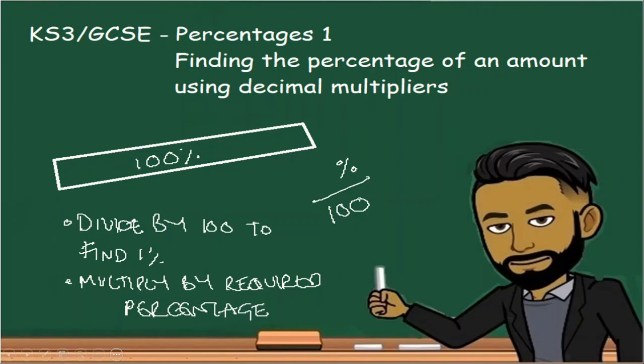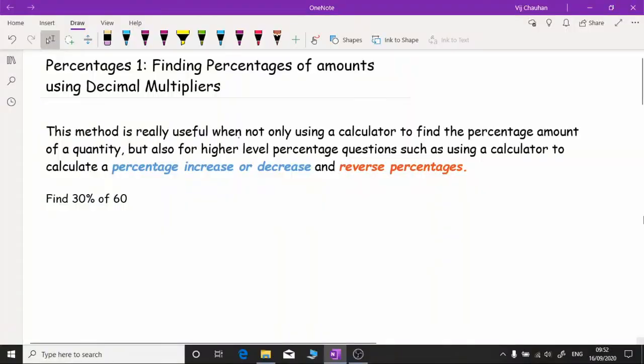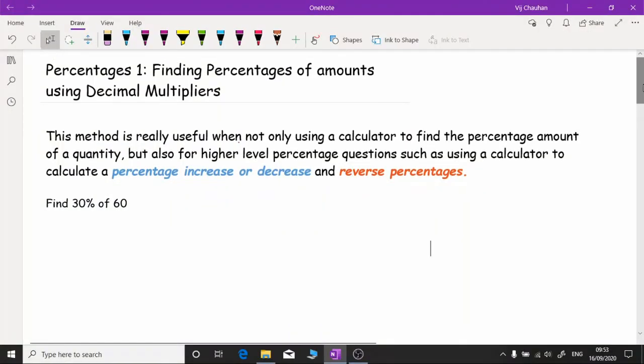So in this video we'll be looking at how to find a percentage of an amount using decimal multipliers. This method is really useful when you're using a calculator to find percentage amounts of a quantity, but also for higher level percentage questions, such as using a calculator to calculate a percentage increase or a reverse